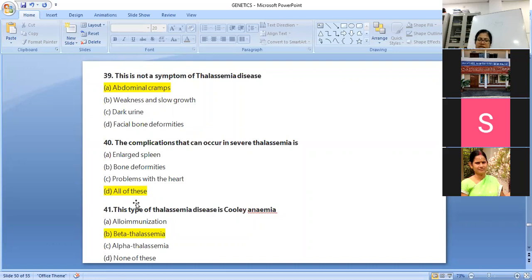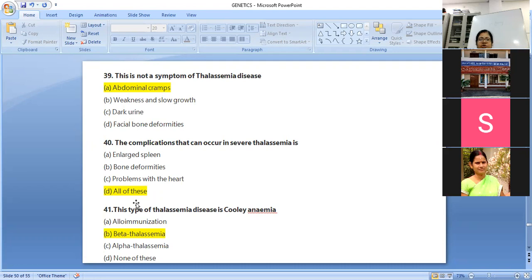Epiphyseal end growth. Bone marrow affected, chromosomal abnormalities or mutations are there in certain genes that is producing your RBC, then the epiphyseal growth of the bones will also be affected. So it will lead to bone deformities. Dark urine, because more amount of RBC will autolyze. So they'll pass out through urine. So it will give a dark color to the urine. Weakness and slow growth. Evident because slow growth because your metabolism will slow down. Respiration affected, oxygen carrying capacity affected, entire physiology will go down. So weakness and slow growth also acceptable.